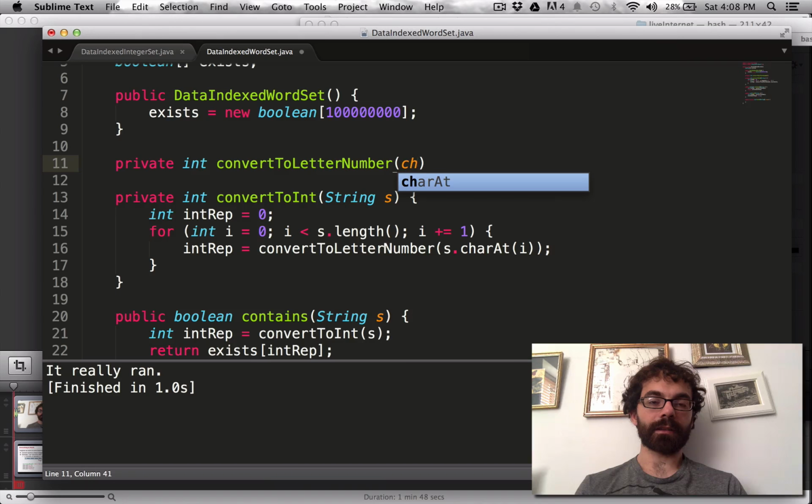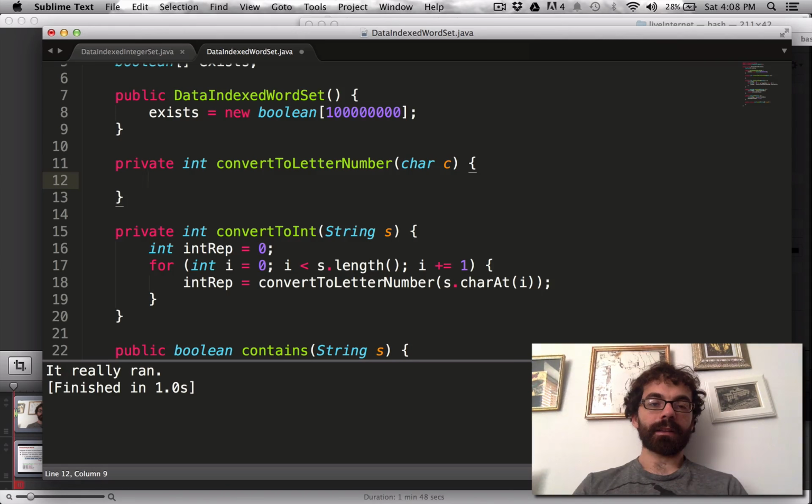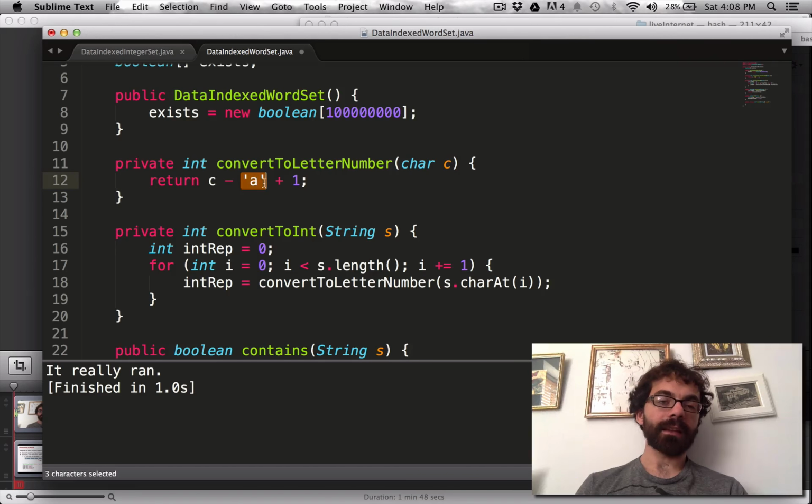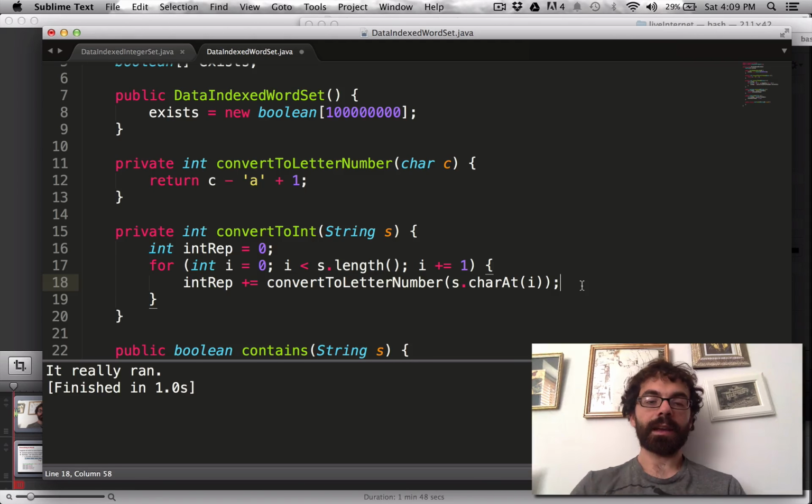In this case, this thing returns a character. So we'll have character c. So to convert to our letter number, we'll just return c minus 'a' plus 1. So in other words, if we provide it with quotes a, recall from our number representations lecture, this is just some integer. So we take whatever letter you gave me, subtract away a, and add 1. So a should end up being 1, b should end up being 2, and so forth. So int rep doesn't equal that, it's plus equals that. So we add the most recent digit,